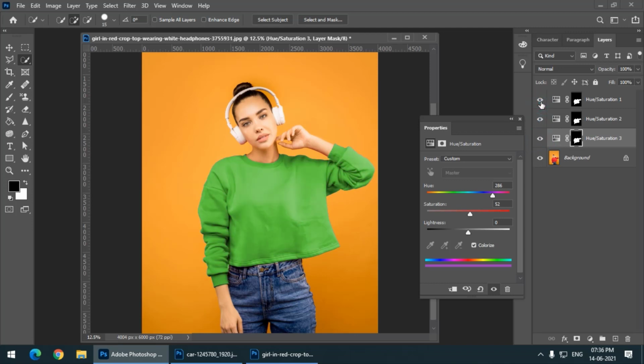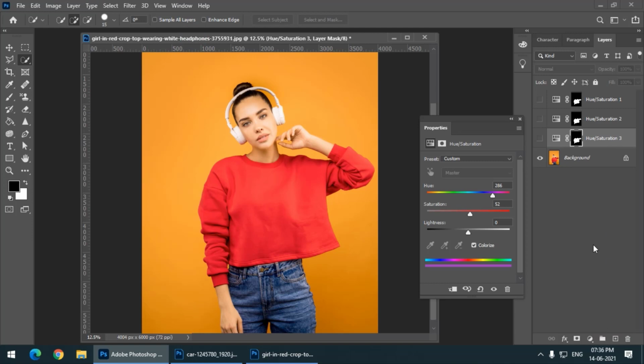So this is a very useful tool. If you want to change the color of any object, you can simply select that particular section of the image, and you can change it by using the hue saturation option, and by using the adjustment layer you can simply turn the layers on and off. So this is useful while creating multiple colors. Instead of choosing it from the adjustments from here, you can simply get the similar result by using the adjustment layer.